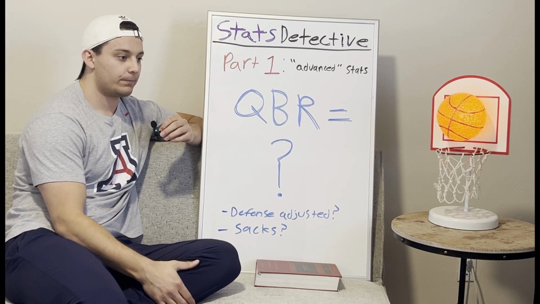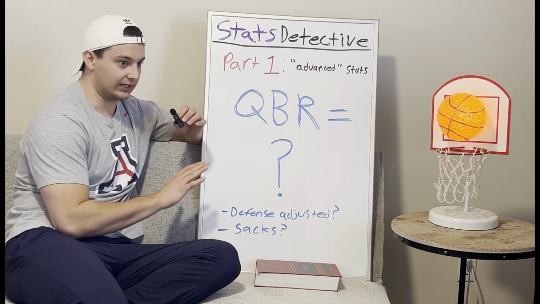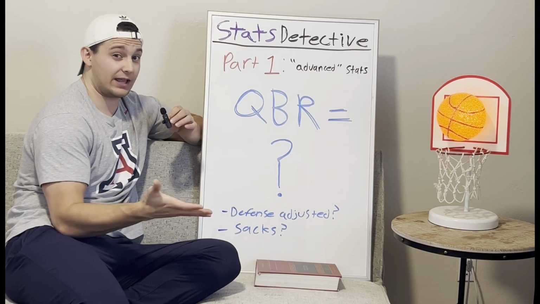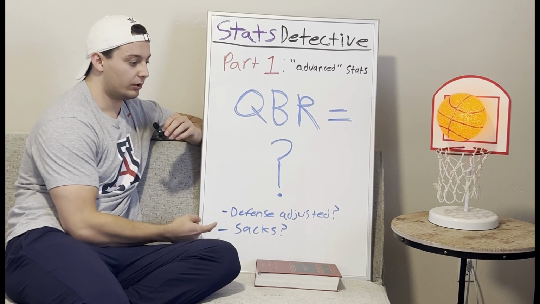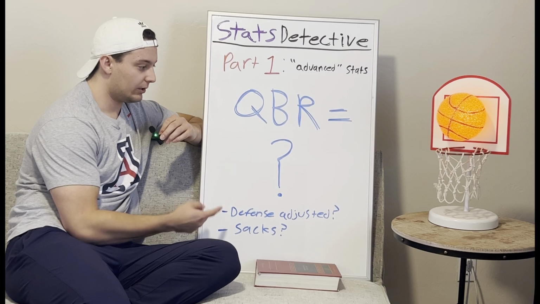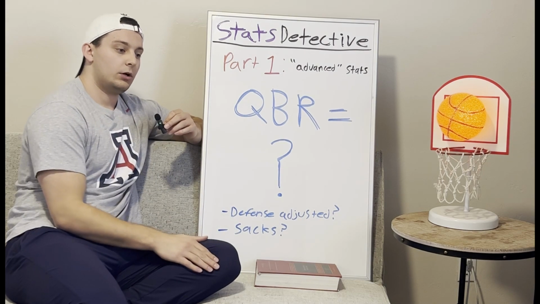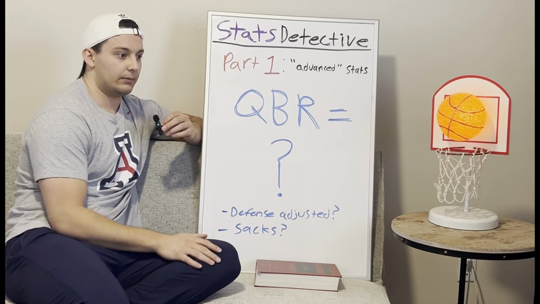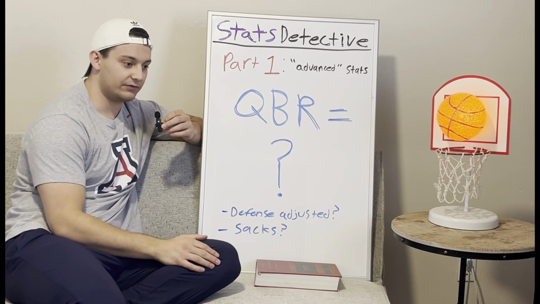And so once you get into these sorts of adjustments where the quarterback may or may not have control of the situation, it really gets into it. It also, I know, weights QBR on garbage time. How do you define garbage time? How do you adjust for subs coming in for the defense?